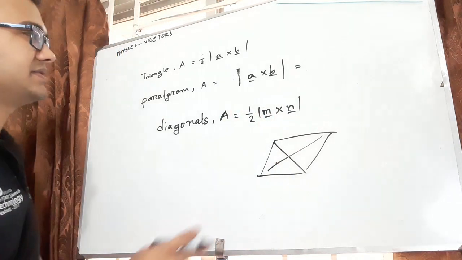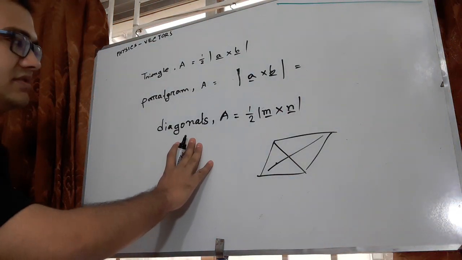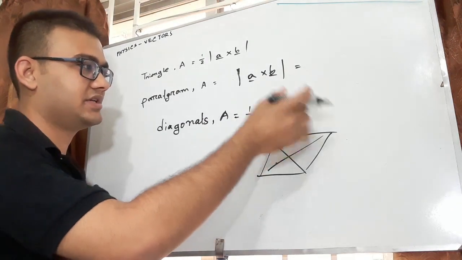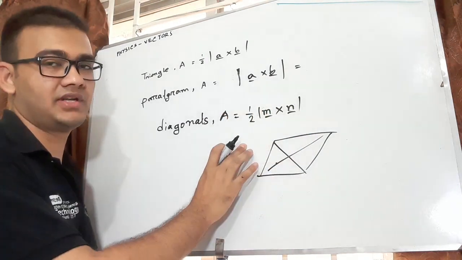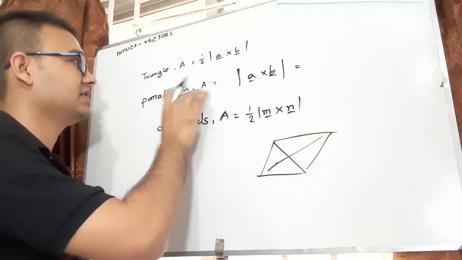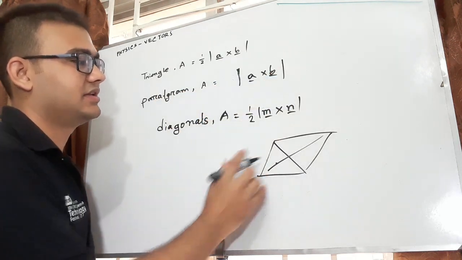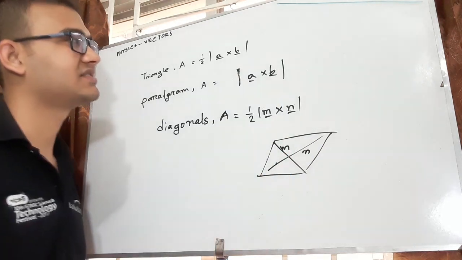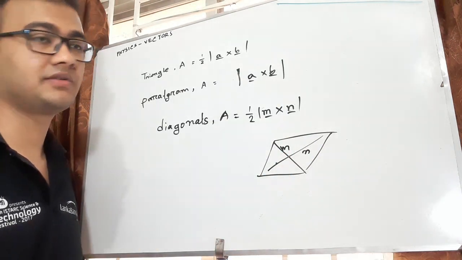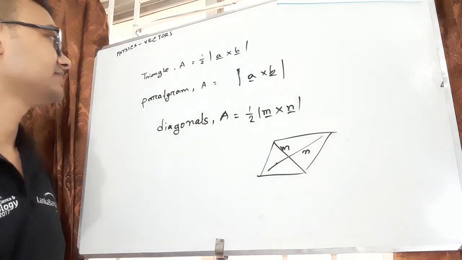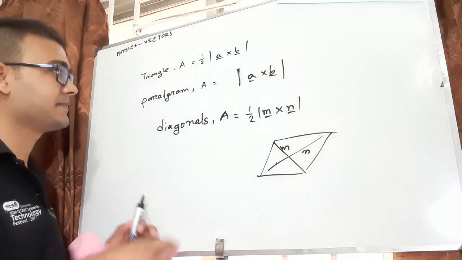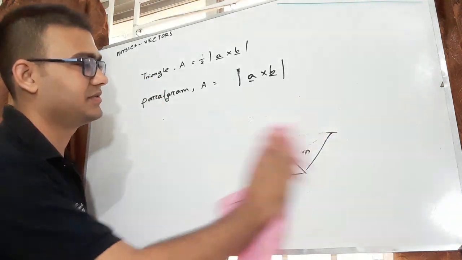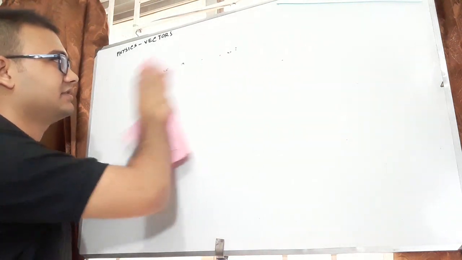So this was it. If you take the diagonals of a parallelogram and try to measure the area, you will have to cross product it and then multiply with a half, and if you are taking the two sides of a parallelogram, then you will be crossing the two sides of it which are not parallel, creating an angle. So this was it, and let's see what it actually means. The triangle was the easier one, you saw it before, long ago. So there's no meaning of